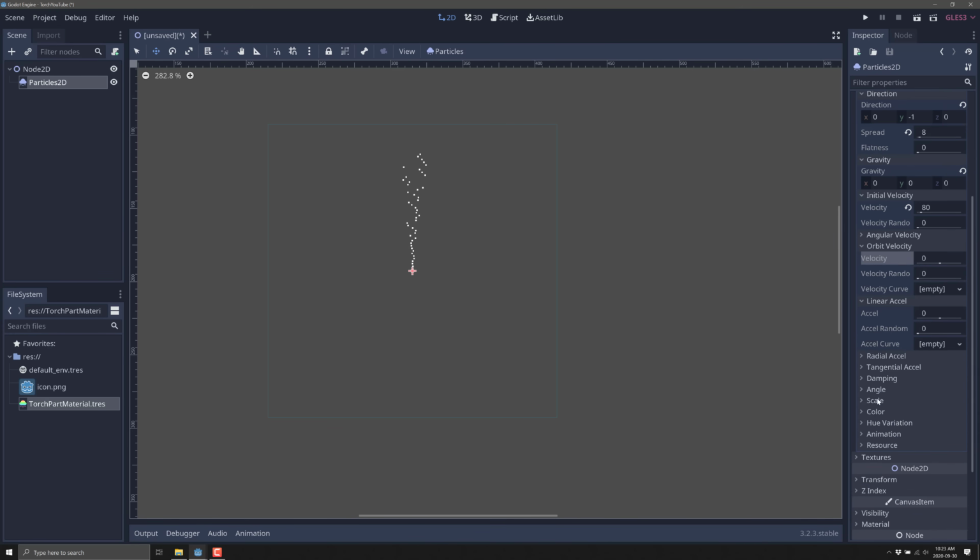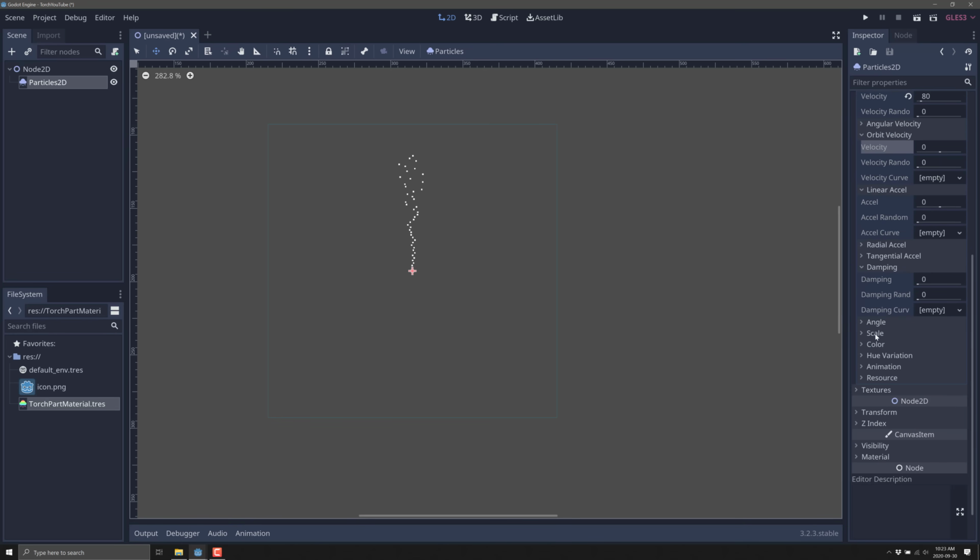And we've got damping. This is how much it falls off as it goes on, so you can increase damping. And you're going to see the results kind of tapering it in. It's kind of like damping down the fire hose, is one way you can think of it. Again, that can be controlled by a curve as well. Angle, scale, color, and so on. It's color that we're going to use quite heavily here.